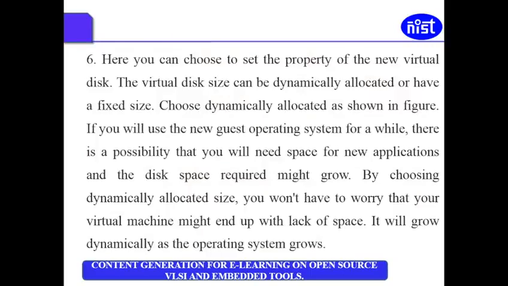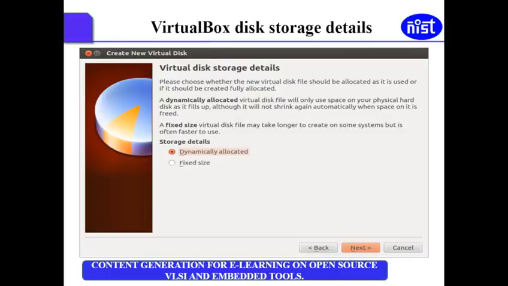Here you can choose to set the proper new virtual disk. The virtual disk size can be dynamically allocated or have a fixed size. You better choose dynamically allocated, as shown in the figure, because at times you may have to extend the space.